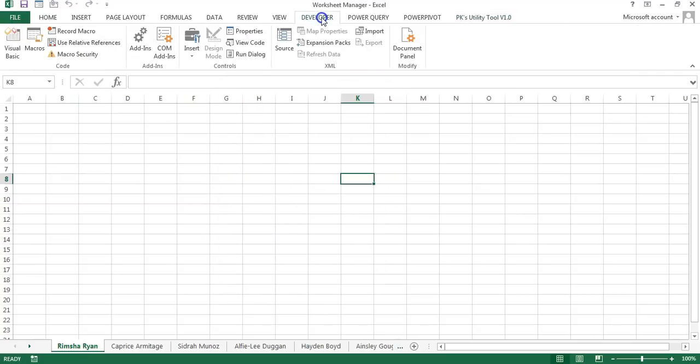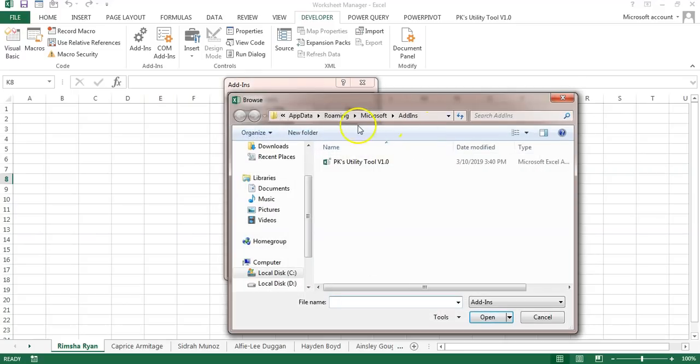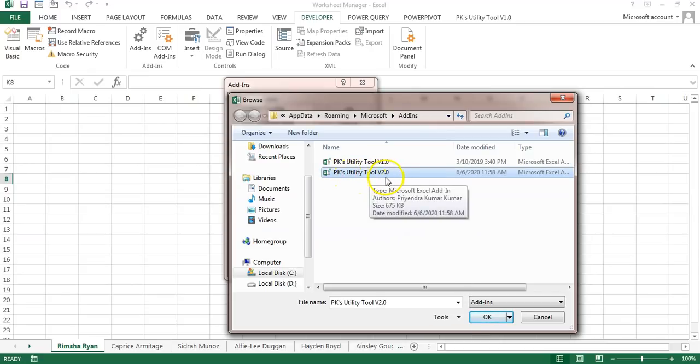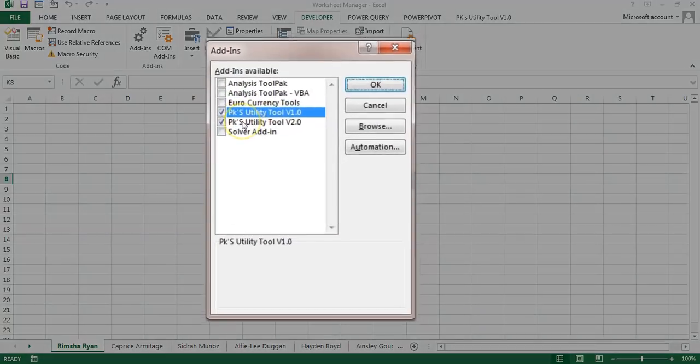You can go to the Developer tab also and simply click on Add-ins. The same window will open. Now click on Browse and in this add-ins folder just right click and paste the file, which is PK's Utility Tool 2.0. Click on OK and make sure you have checked it.